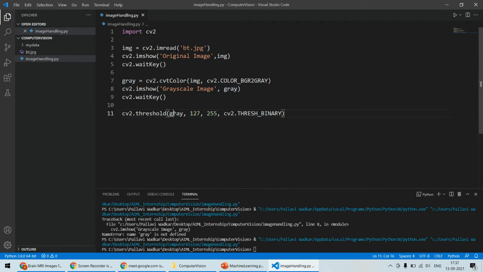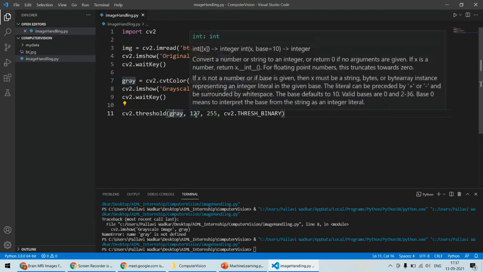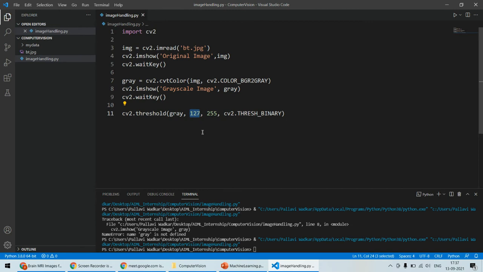Now first of all there is gray. Now gray is the input image on which the thresholding we are going to apply. Now thresholding is all about converting any image to a binary form. Then the second is the threshold value. Now threshold value is above this level everything will be converted to white, and below this level everything will be